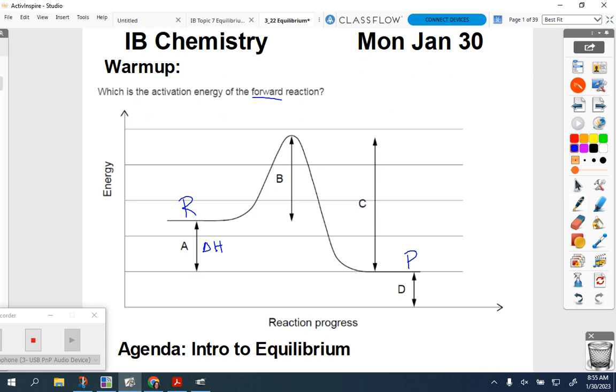So what's a forward reaction? Well, most of the reactions that we've been talking about so far, we've been writing as A plus B gives us AB or something like that, right? With a one-directional arrow, reactants on the left, products on the right, and we've made some assumptions that these reactions are going to completion. In the last unit, we talked about how long it takes for the reaction to finish. Rates of reaction from the start to the end, the average rate of reaction when the reaction is complete. So we've been talking about reactions as if they all are one-directional and go to completion,